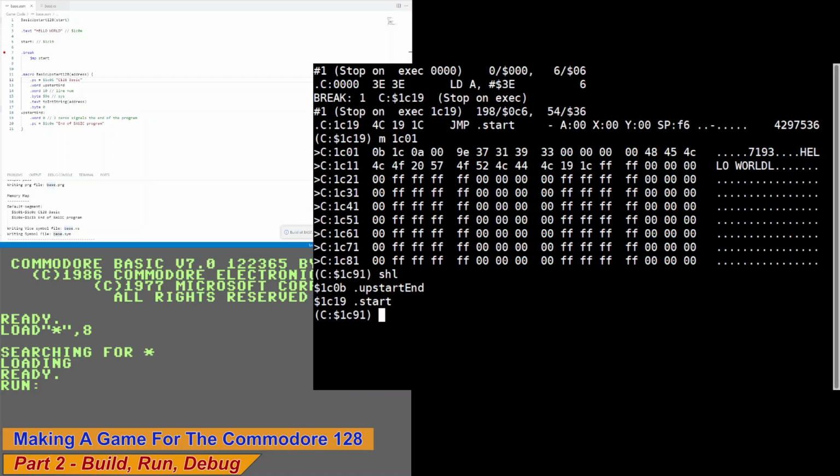An address on the Commodore 64 and 128 is stored as little endian, meaning the second byte of the address is stored first in memory, and the first byte of the address is stored second in memory. So the bytes are flipped. So the address we are storing at address 1C01 is 1C0B. The byte 0B is stored at location 1C01, and the byte 1C is stored at the next location, location 1C02. The next word is